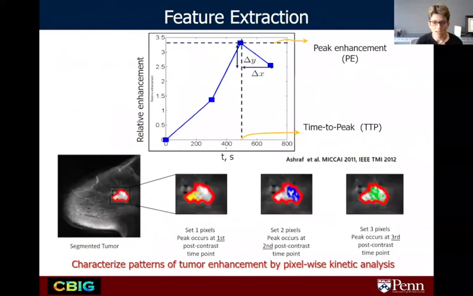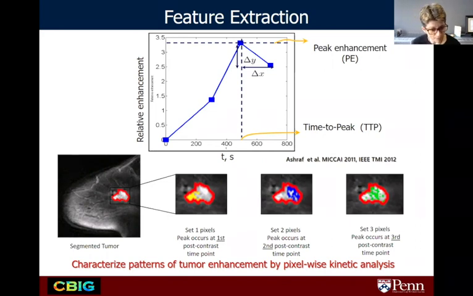And then, as I mentioned, once we have the tumor segmented reliably, we can extract these features not just in an aggregate fashion, which has been the case clinically most of the time, or at a hotspot area, but from each voxel within the tumor, and start getting some information about these sub-areas within the tumor that may have different functional profiles. So for example, here, if we're looking at the time to peak, and we develop a kinetic curve on each and every voxel of the tumor, not just as an aggregate measure, we can see that some voxels tend to peak at time point 1, some voxels tend to peak at time point 2, and some voxels tend to peak at time point 3.